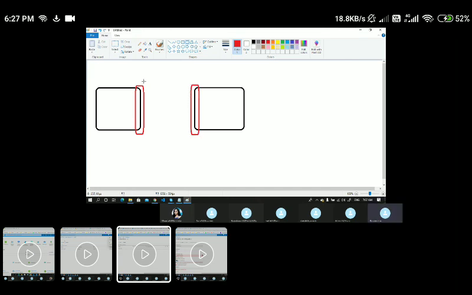Compared to VNet peering, additionally I'm creating VPN gateways and attaching them to the virtual networks. Very simple. And after that I will establish the connection between these two gateways.